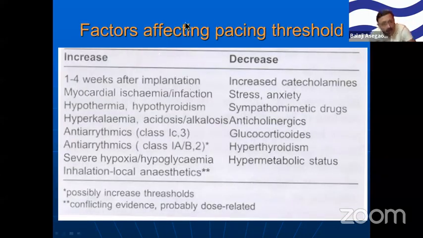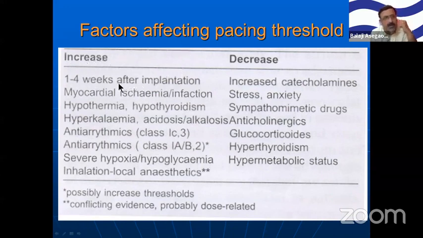Now, one also must know what are the factors that can affect the pacing threshold. Why should I, as an anesthesiologist, know? Because these factors are very, very common in the perioperative period, like acidosis, hypothermia. Suppose there occurs a severe hypothermia, the pacing threshold is increased. Suppose a patient is paced with 5 millivolt, but that threshold may go to 8 millivolt. In that case, if you are pacing a patient with 5 millivolt and there occurs a hypothermia, the patient may not get paced, and you might conclude that the pacemaker is not functioning properly.